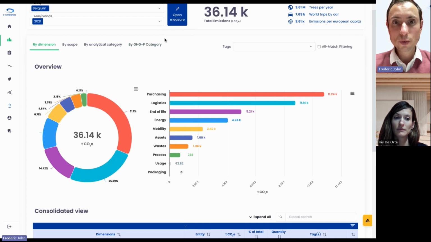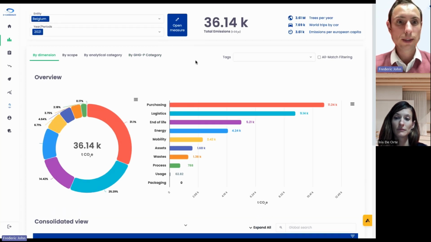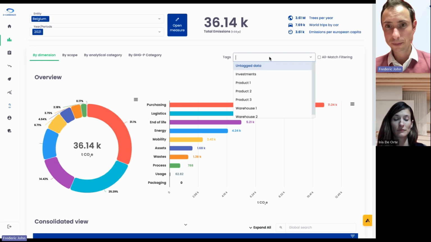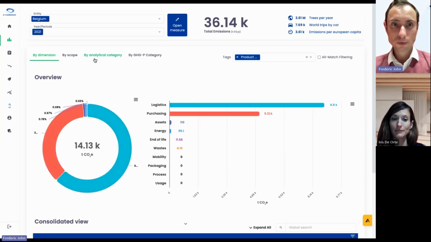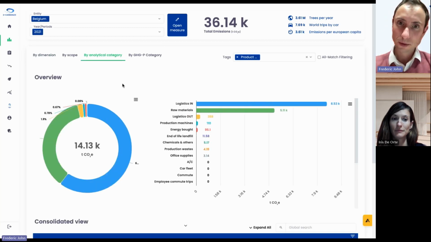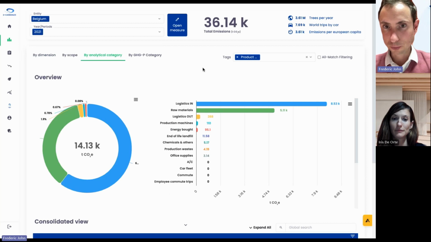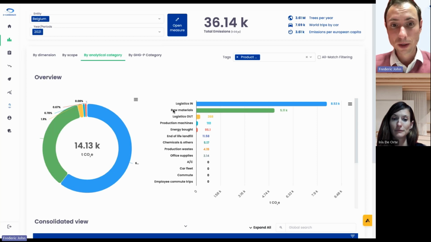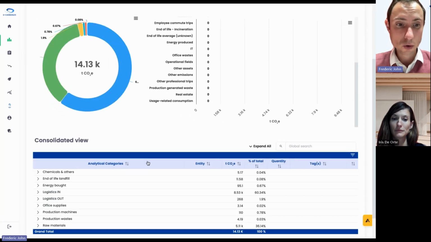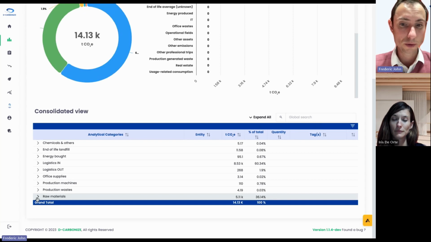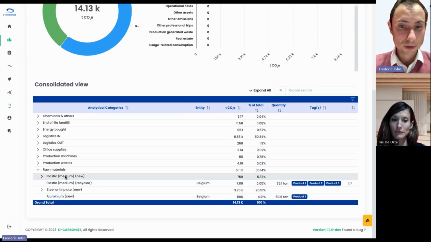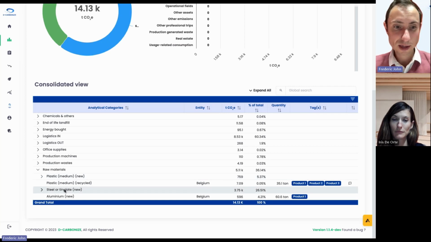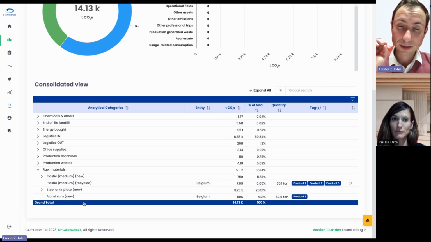Now, I just want to show you one example of how it was quite useful to use the analytical category for that particular case study. Back to my product one, if I move to analytical category, we see the carbon footprint report of this product one under another lens. And here we can immediately see that indeed logistics in is a real issue, but raw materials also account for a lot of emissions. If I go below in my raw materials and click here, I can see that I have a bit of plastic, steel, aluminum, and I can have the breakdown in as much detail as I need